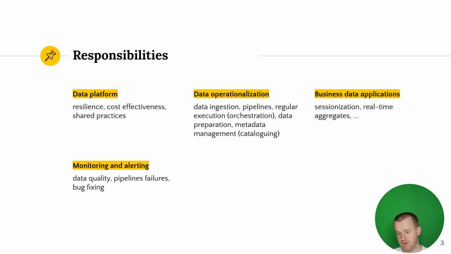So here you can see from all these 4 points that data engineering is not necessarily only about the code, only about writing Spark jobs to move data from point A to B. It's also about business data applications. It's also about operationalization in terms of metadata, so not only the hard data, but also the decoration of this data, and also about some data ops or DevOps points, like with this monitoring and alerting.